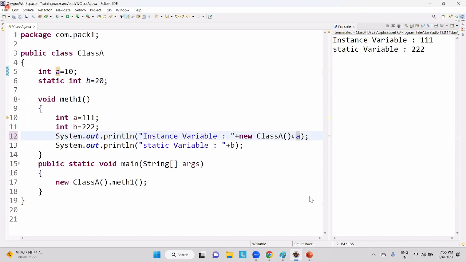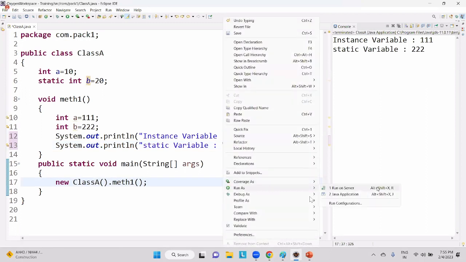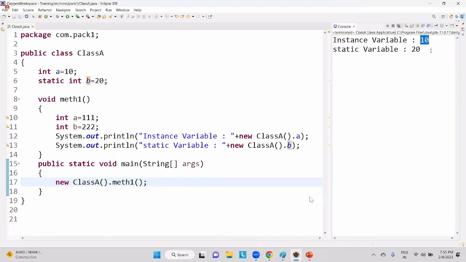Clearly, if I'm using the identifier name, I'm unable to access my instance variable, so I'm trying to access my instance variable with the help of my class object. And what about the static variable? You know that we can access a static variable also with the help of a class object. Am I right or wrong? Now right click, run as Java application. We'll be getting an output like that. Now guys,